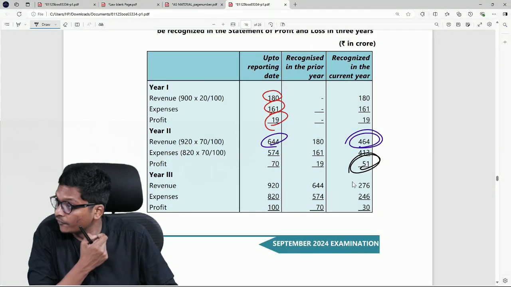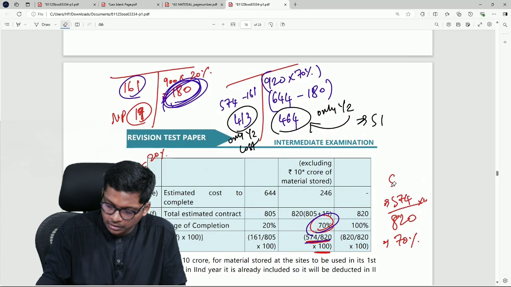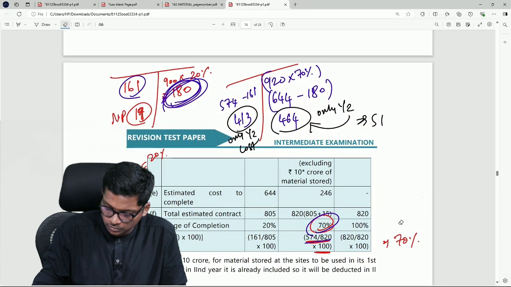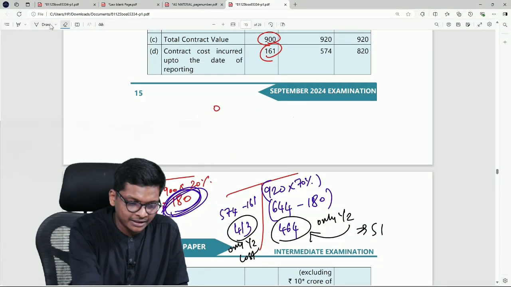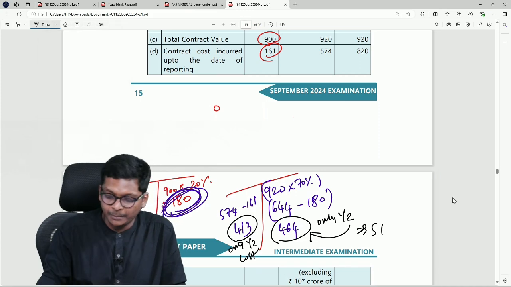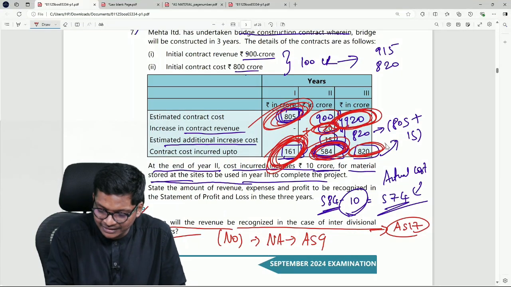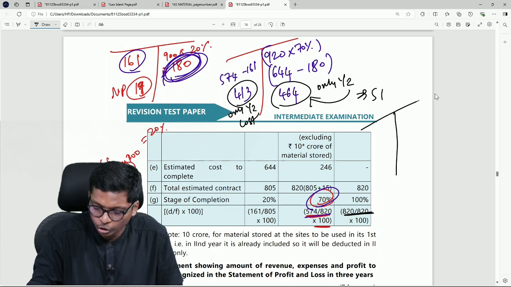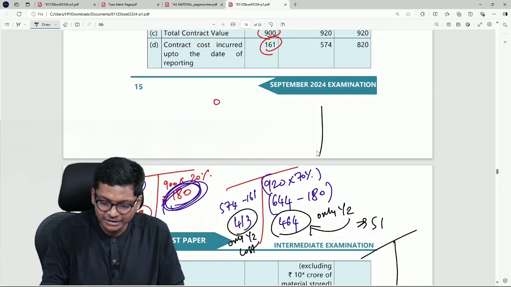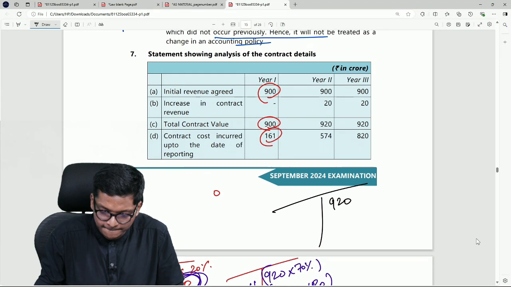464 minus 413. Now coming to third year, guys, what happens in third year? Percentage of work done will become 100 because 820 by 820. Question also says third year it is 820. So full 820 is done. So in third year you will recognize the full revenue. What is the full revenue in third year? 920. Recognize full cost, which is,